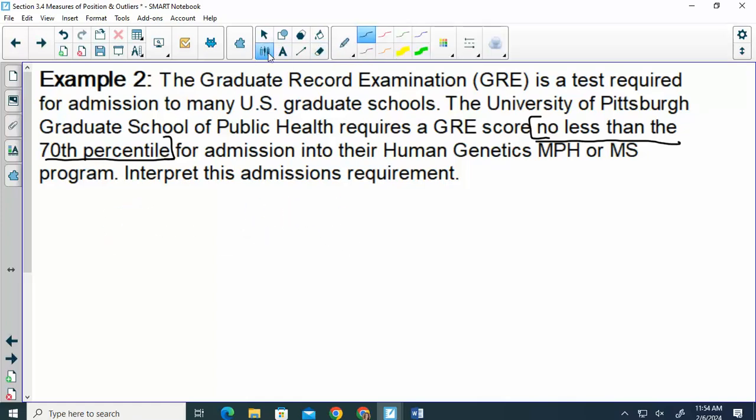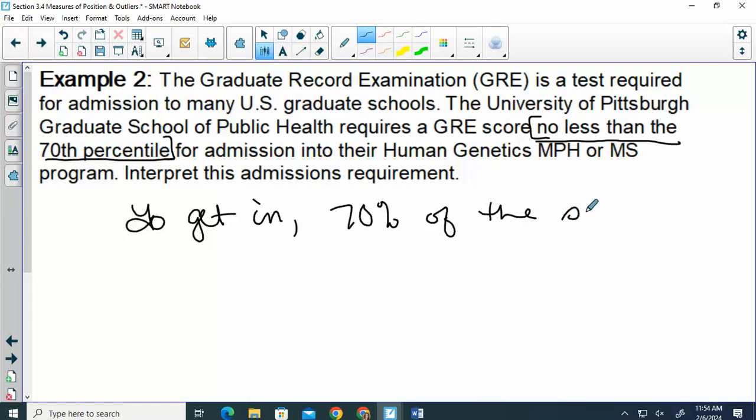So if you're in the 70th percentile, that means 70% of the scores have to be less than or equal to yours. So to get in, 70% of the scores